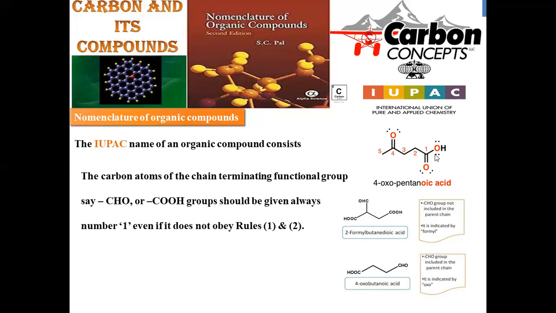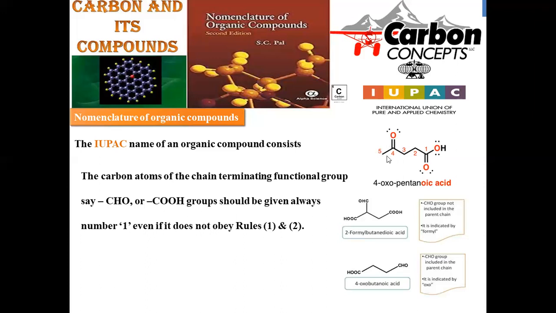Obviously, carboxylic acid will get the priority in accordance with the order of priority. We went through the priority order in the entire table. Carboxylic acid lies in the topmost position, so the numbering for carboxylic acid will always be 1. So the carbon chain will start with carboxylic acid as 1, followed by 2, 3, 4, 5. At the fourth position, the ketonic group is there, indicated as oxo because it becomes a side functional group.